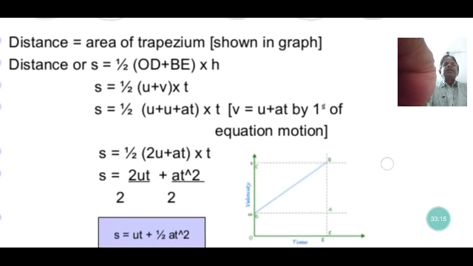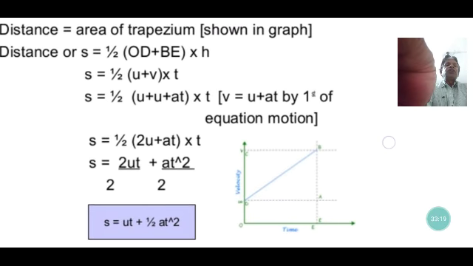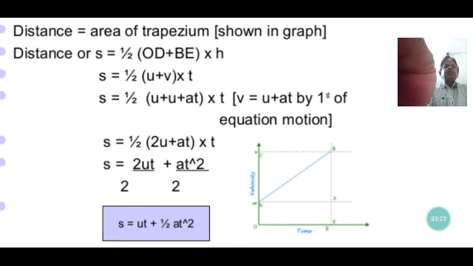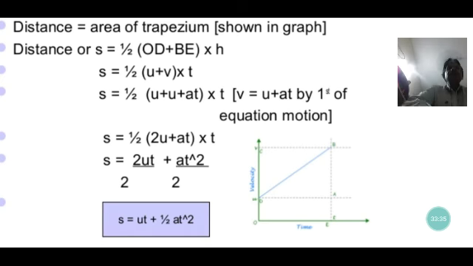Now we can find the area under the velocity time graph in two ways. In the first way, we can find the area of a triangle and the area of a rectangle. Look here, we can find it easily like that. First, to find the area like that, it is a trapezium.